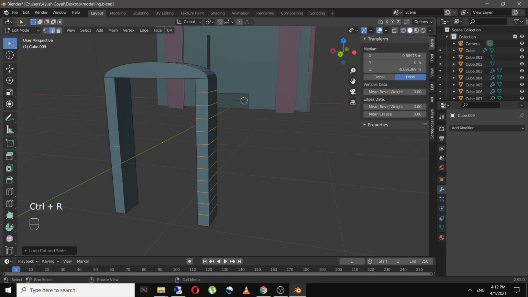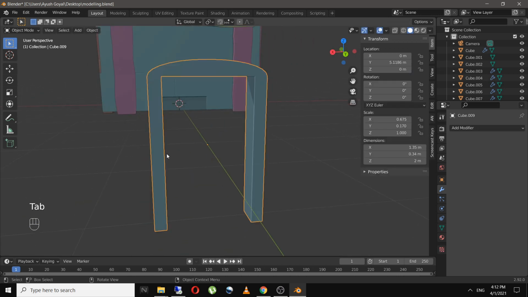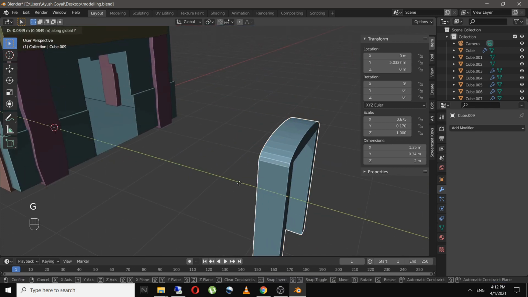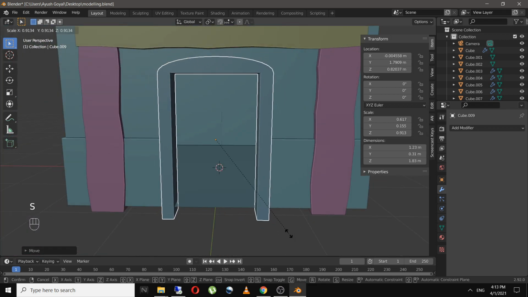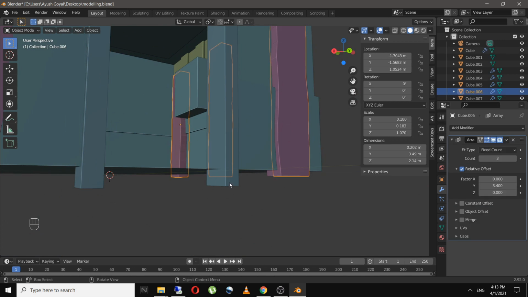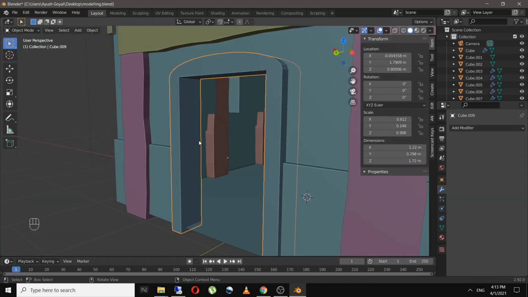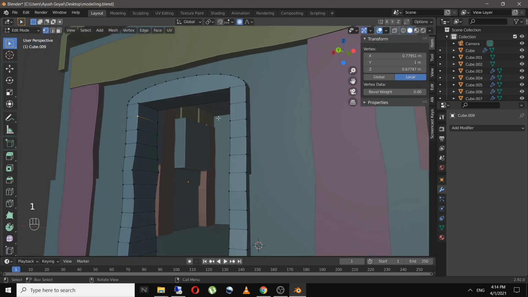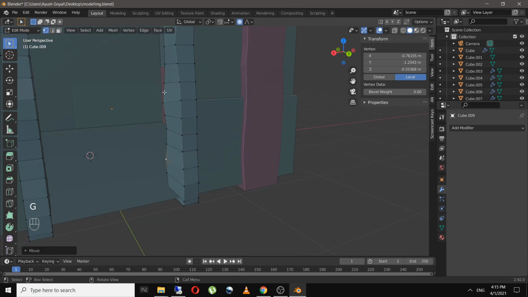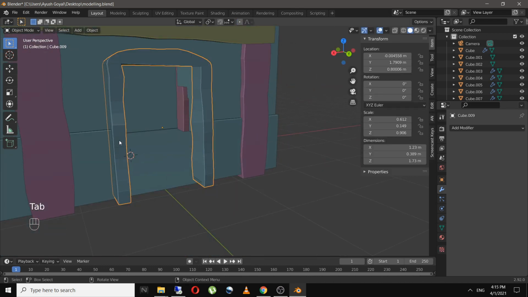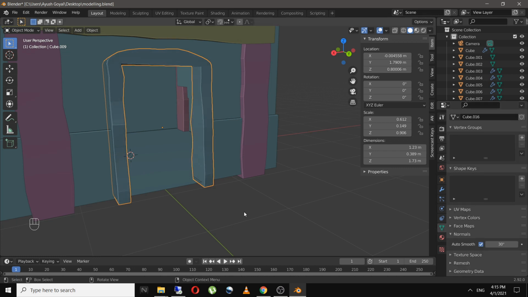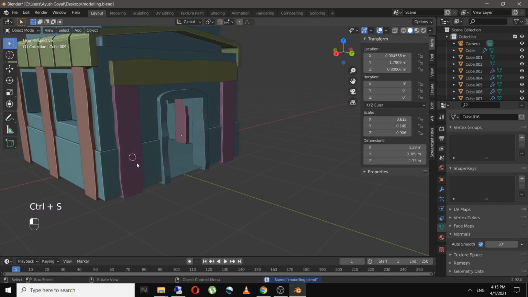Add a few loop cuts, and with the help of proportional editing I will randomize this thing. And I will shade smooth all the wooden planks so that we can't see the remaining sharpness in that.